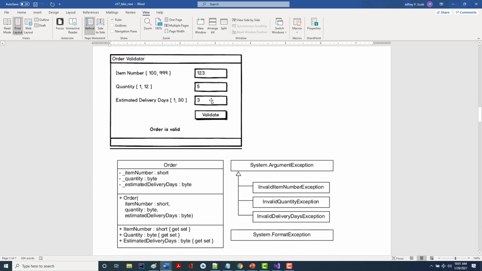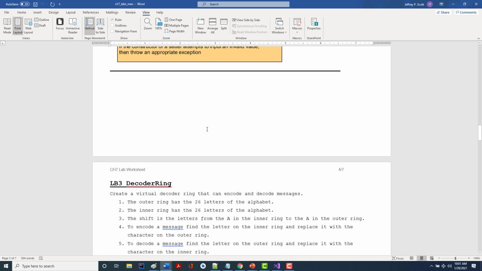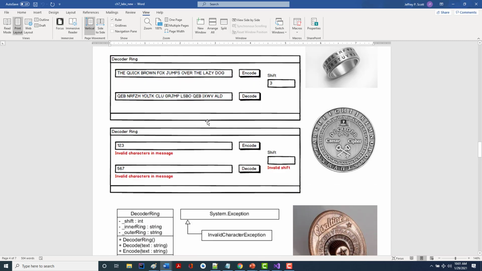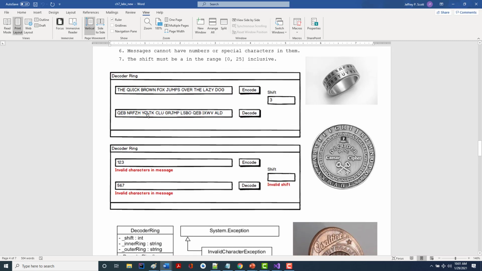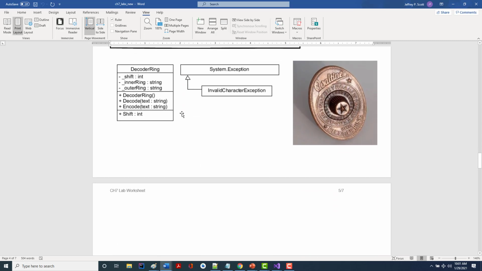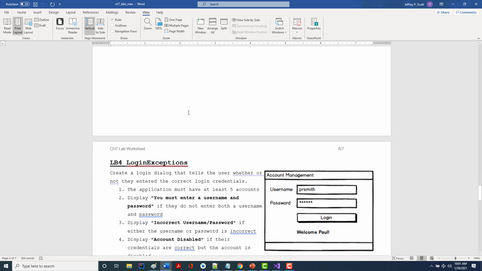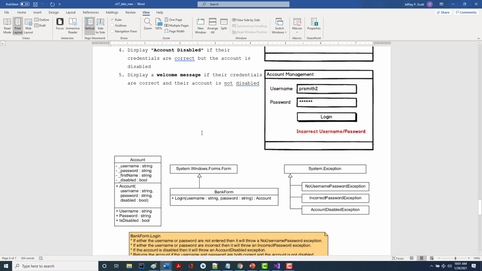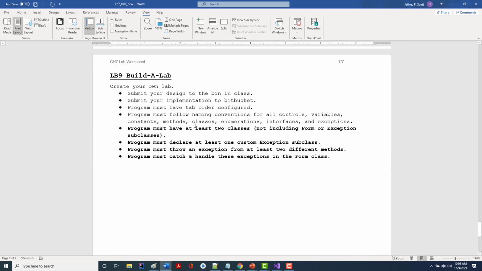Order with exceptions. All right. Take a look at that one. Decoder ring. Mr. Smith is into gaming and a bunch of stuff, so I'll let you take a look at that one. Basically, you put a message in, and it decodes it by putting it into something else. We'll talk about what that is. All right. Login exceptions. You'll make something like this for yourself. If you don't put in a right login and password, you'll get the error message. Okay? And these Build-A-Labs,